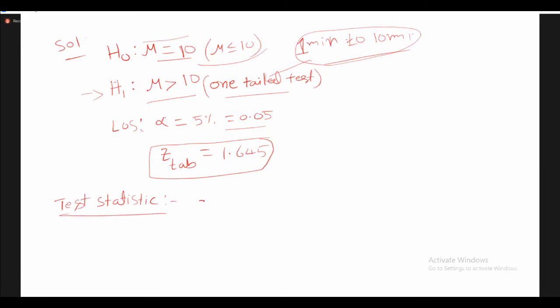Now, what is the test statistic here? Z calculated is x bar minus mu by sigma. They didn't give sigma, so in that case we can use s by root n. All of you calculate that value. What is x bar? X bar is, I think, 11, minus 10 by